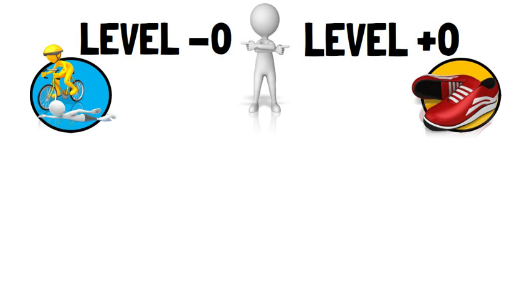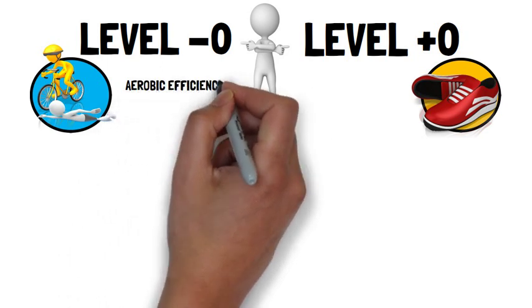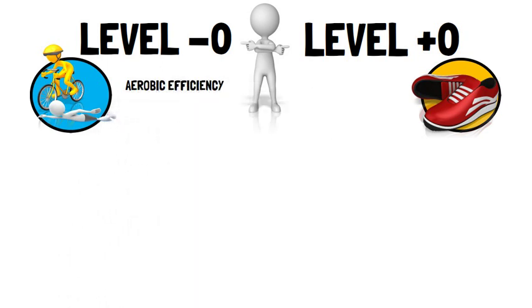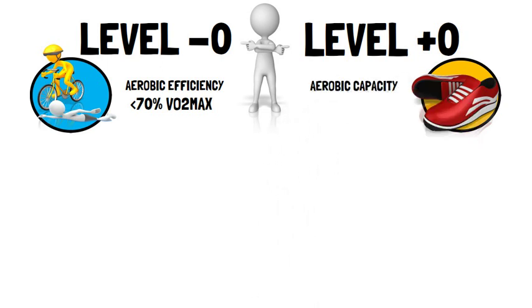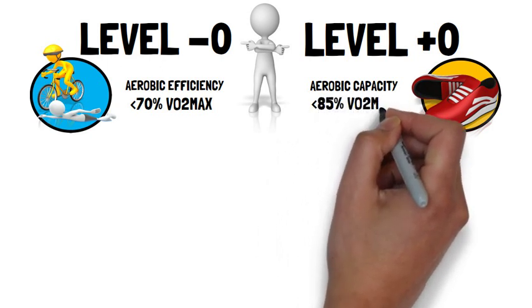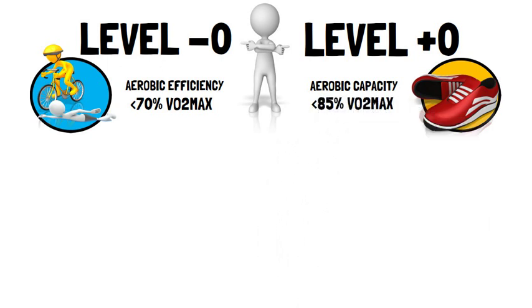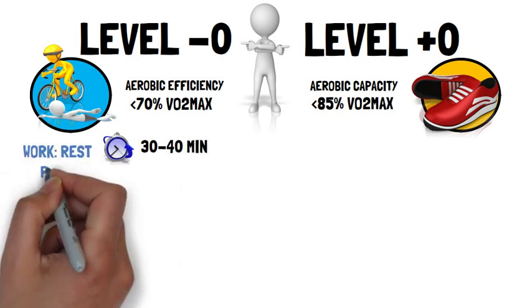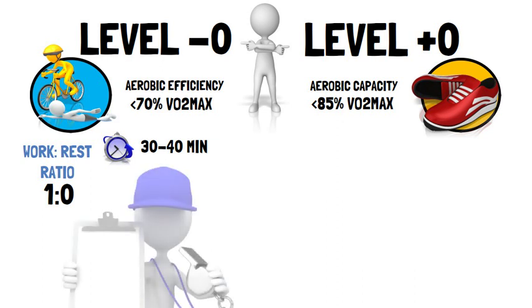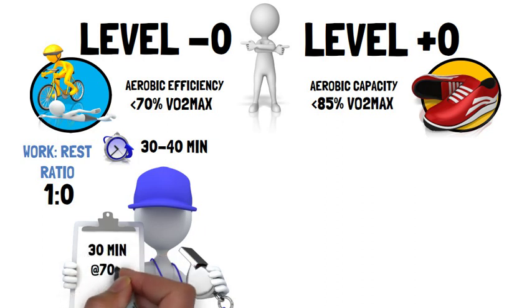The aim in -0 is aerobic efficiency, and therefore an intensity of less than 70% of VO2 max is recommended, whereas the aim in +0 is aerobic capacity, and therefore an intensity of less than 85% of VO2 max is recommended. For -0, the duration of the exercise bout is between 30 to 40 minutes, and the work-to-rest ratio is 1:0. An example session is exercising continuously for 30 minutes at 70% of VO2 max,